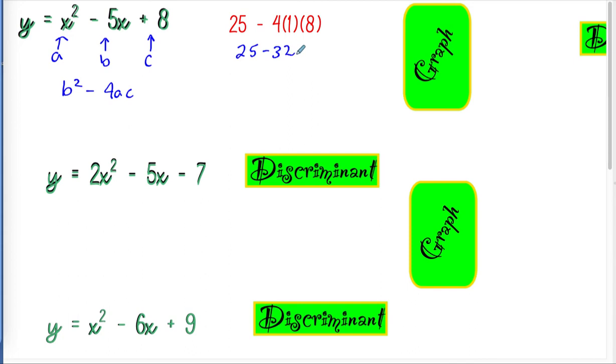Hey, I'm going to stop right there. I know that this is going to be a number less than 0. So why do I have to go even any further? A discriminant really just discriminates, tells us about the root. So in this case, I know before I even go to graph it, the roots are imaginary,